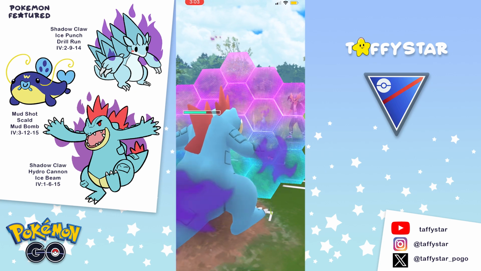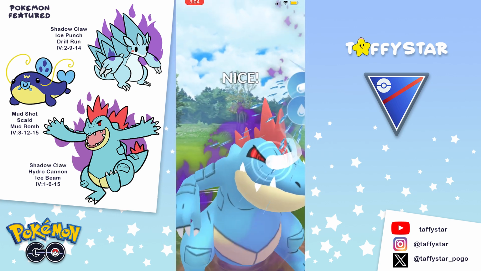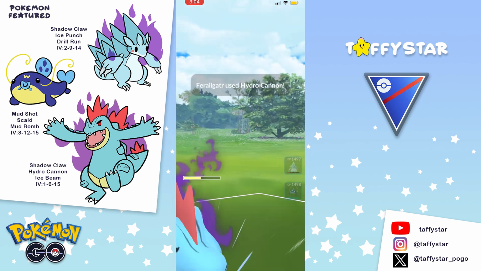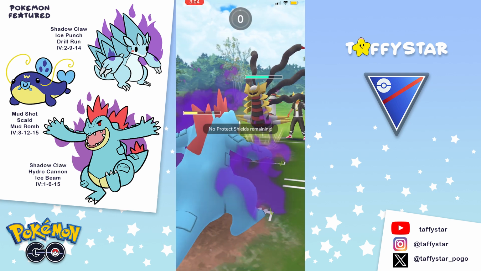They bring a Giratina in, and then they bring in their Alolan Sandslash and go for that Drill Run. I go ahead and I shield because I want to land a Hydro Cannon on that Alolan Sandslash. They let it go. The Alolan Sandslash is now out of the way. They bring Giratina back in, invest their final shield,